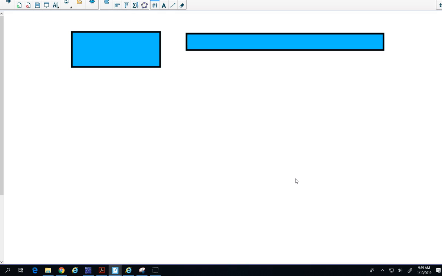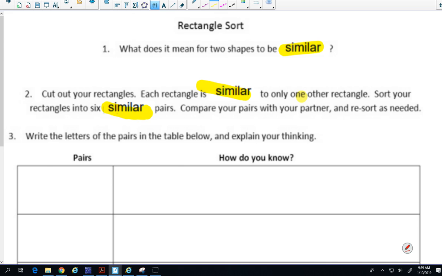It doesn't look equal. This one on the left is thicker and the one on the right is skinnier. So I've changed the actual shape. It's still a rectangle, but these are not similar. So what we need to be looking for in similar shapes, if we go back to what we had before, the examples,